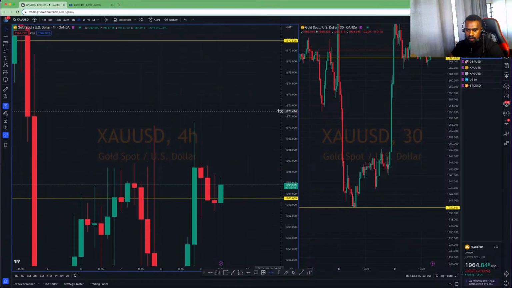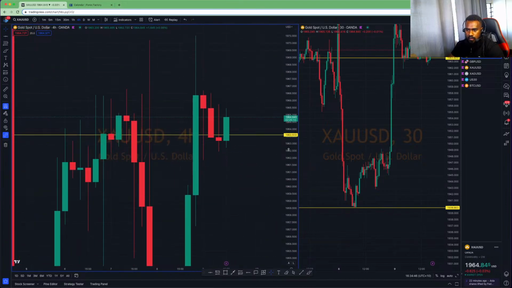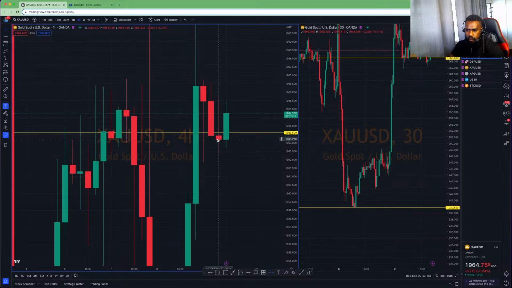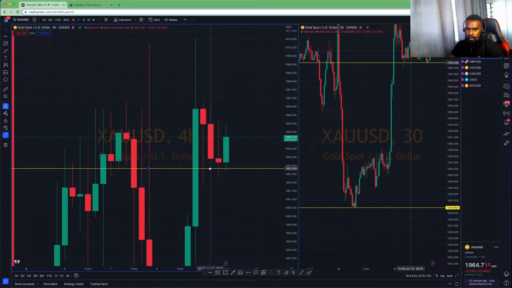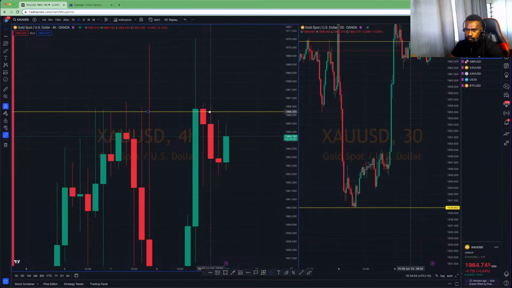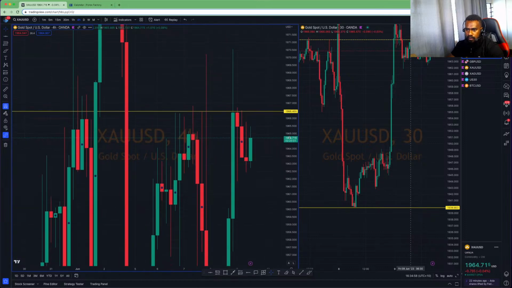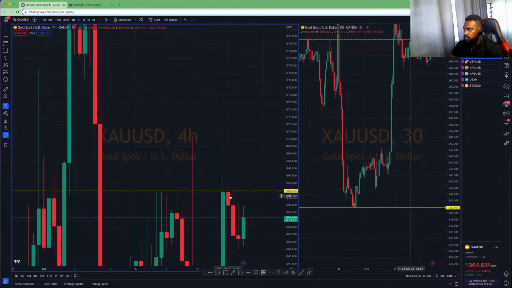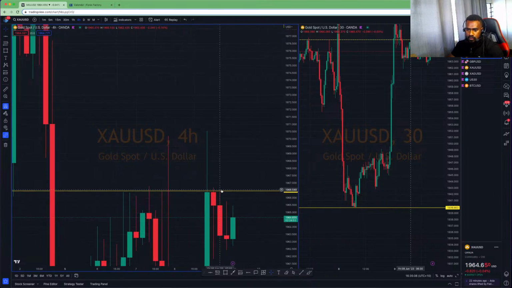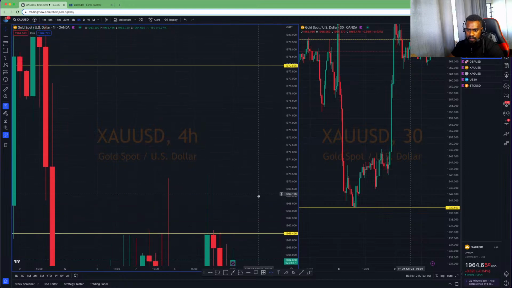Looking at the 4-hour candle right now. Previous 4-hour candle closed with a wick bullish candle. The current 4-hour candle is open right now. We could potentially come up to 1965.50. But looking at the 4-hour time frame, I think it would be best to wait for buys above 1946.50, right above these buys. Above this resistance over here. Because if you look for buys above this resistance over here, 1966.50,